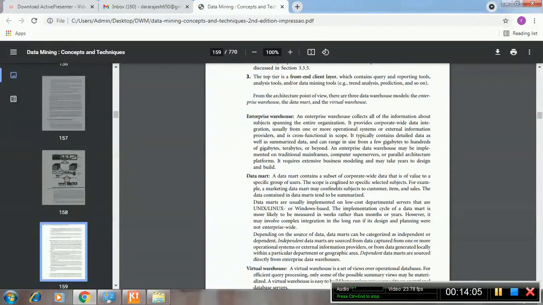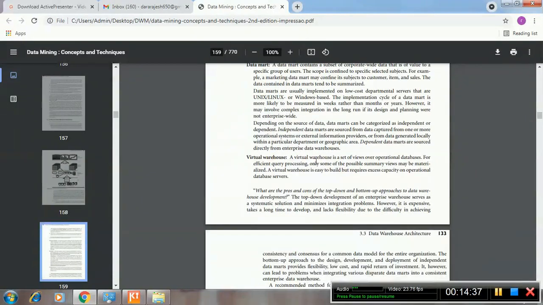The scope is confined to specific selected subjects. Data marts are for some specific group of people only. For example, a marketing data mart may confine its subject to customer, item, sales. So this is one of the examples.